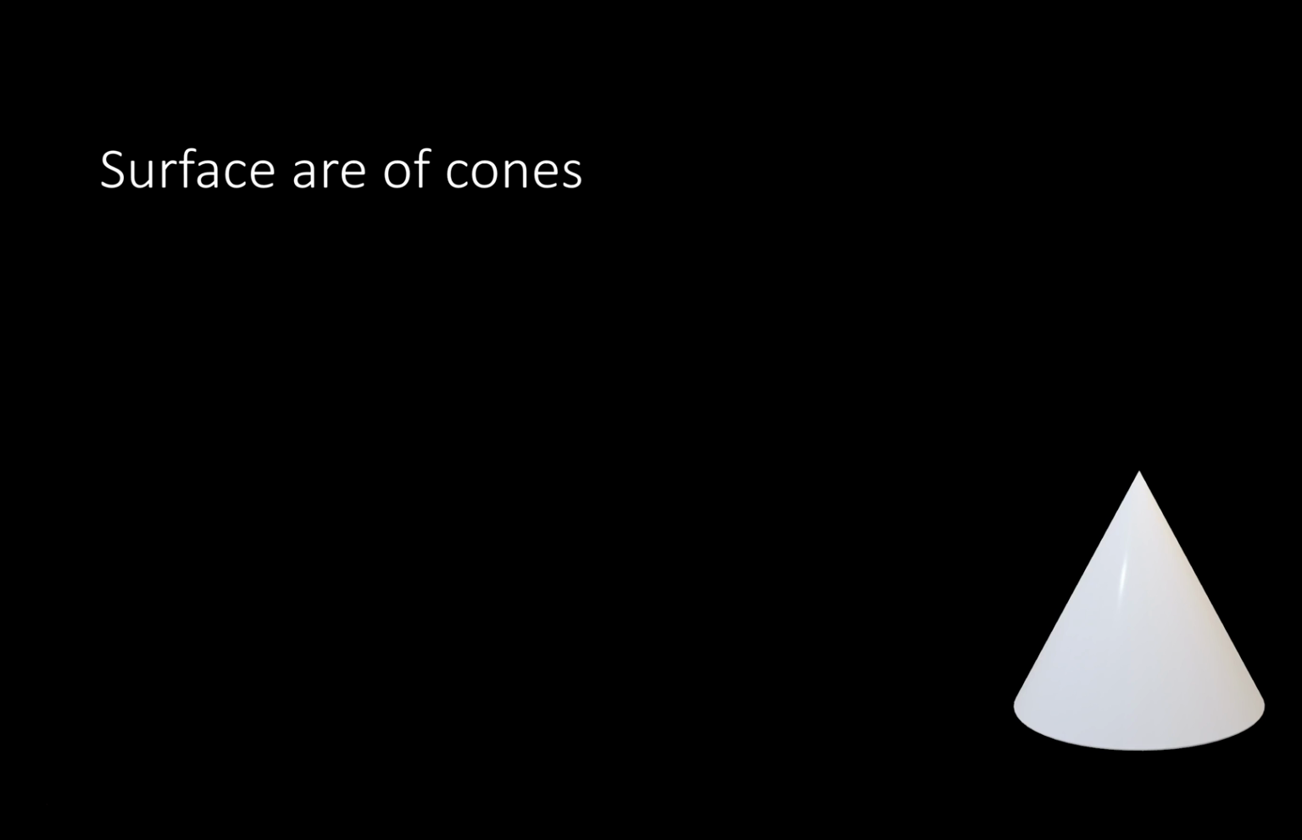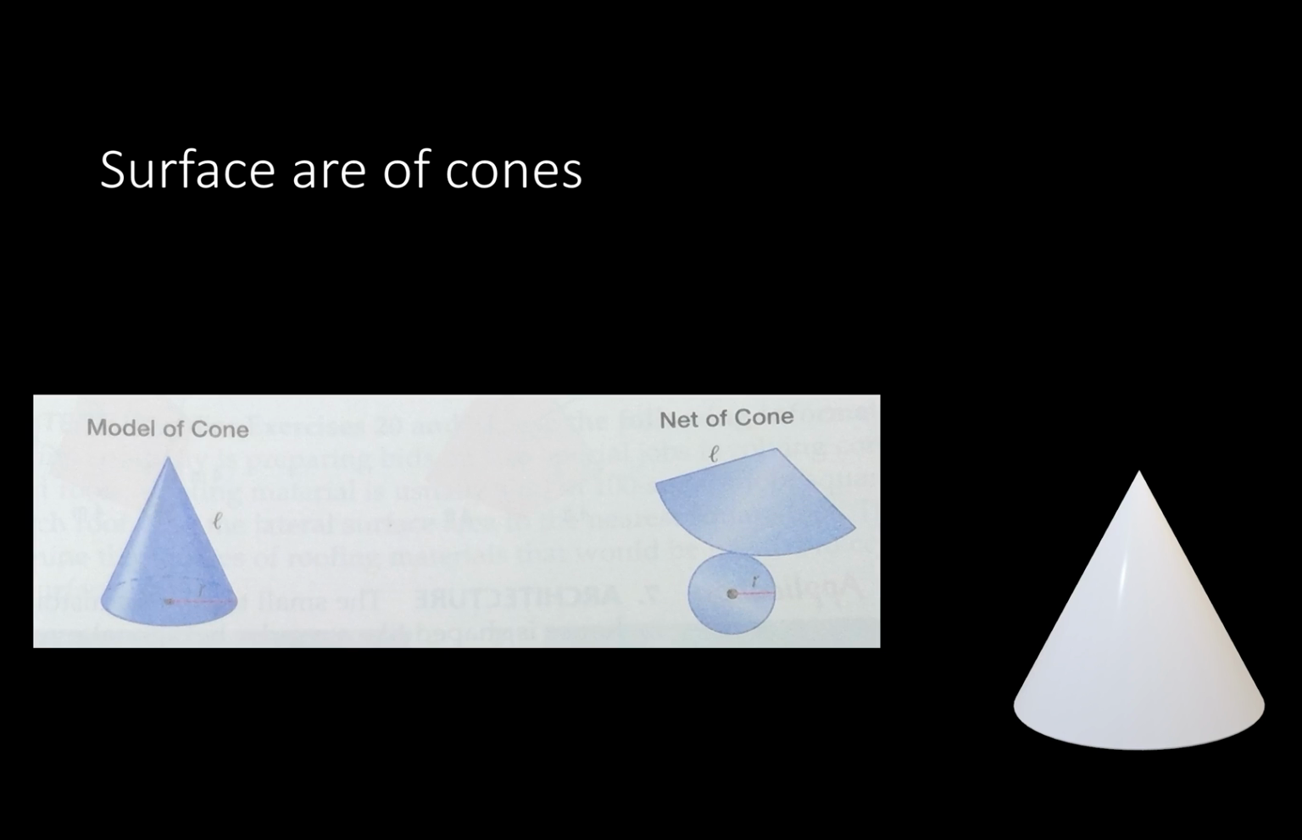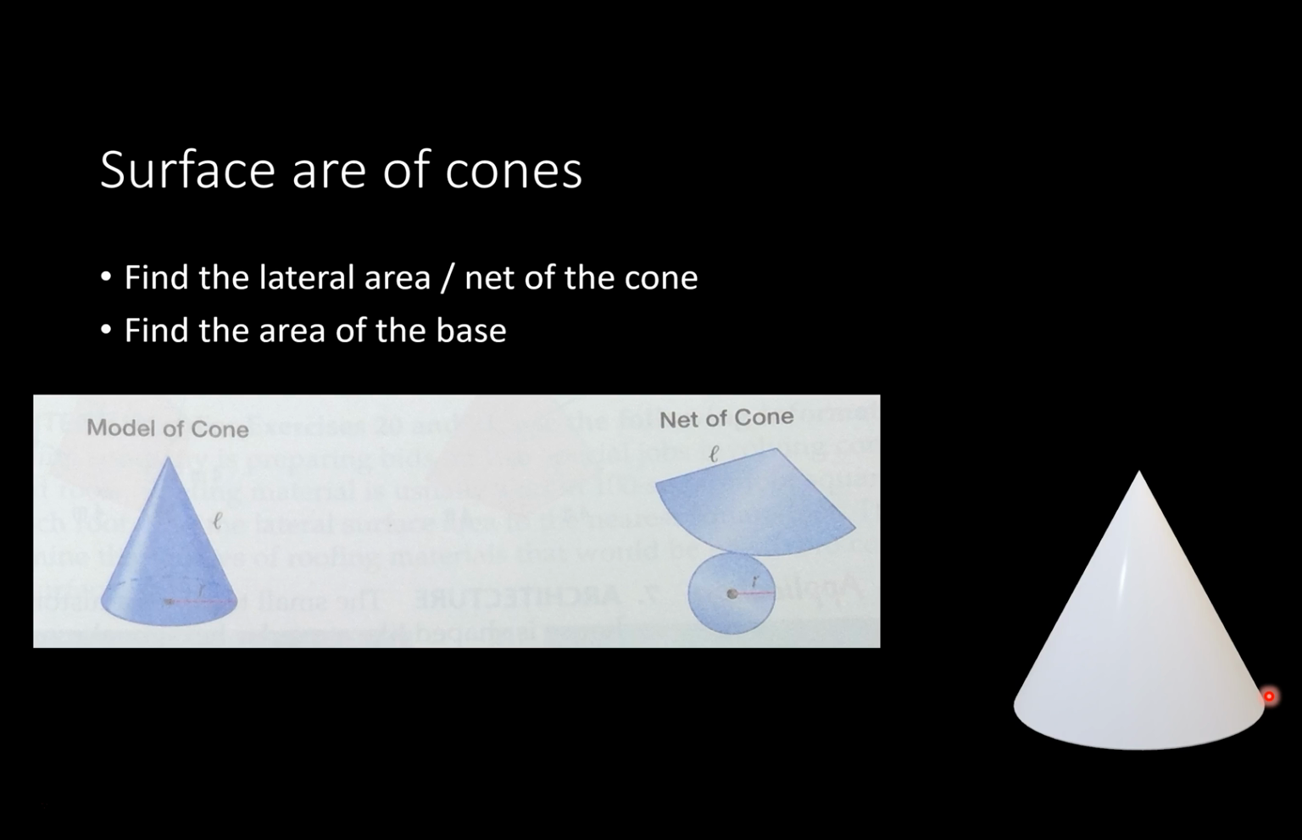All right, so now we have to find the surface area of a cone. So we have a cone over here. And then if we unraveled it, it would end up looking like this over here. So here's kind of the outside, the lateral area of a cone. And we already know how to find the area of the base, a circle. So to find the lateral area, or the net of the cone, and then you're going to find the